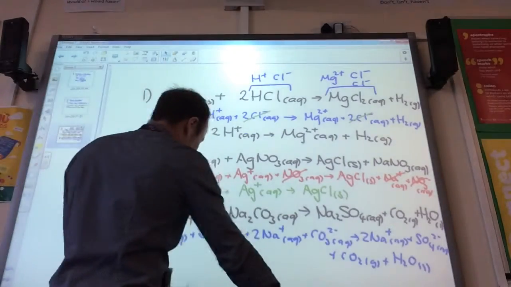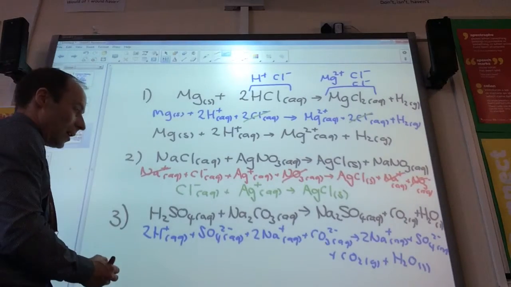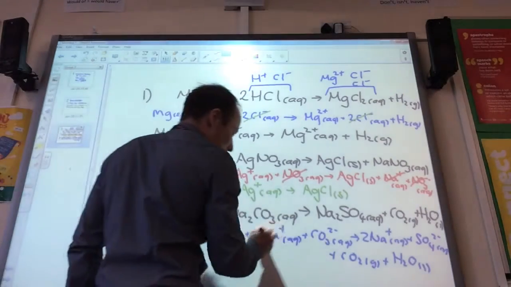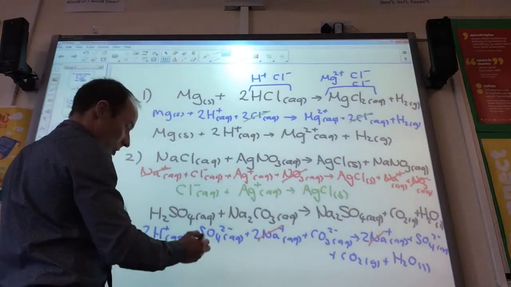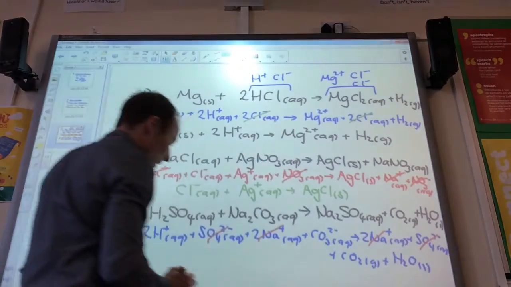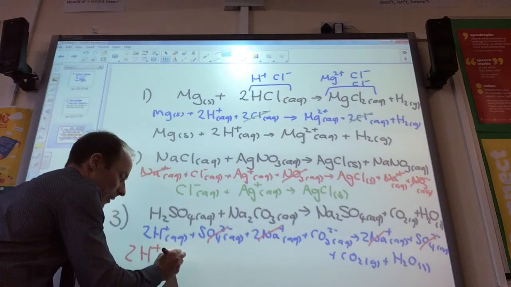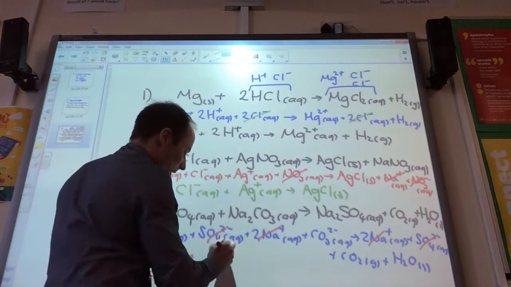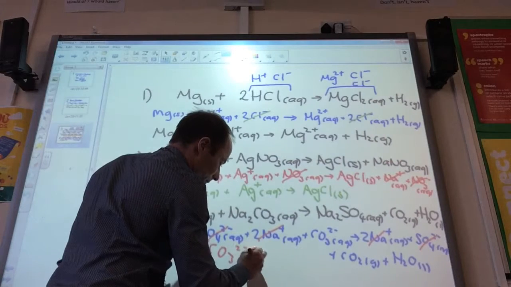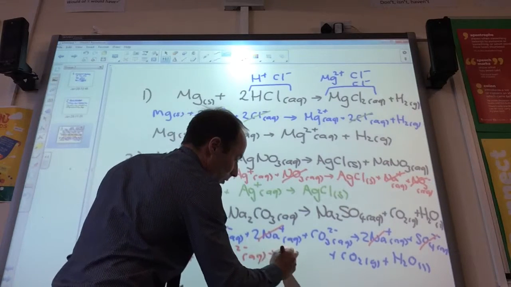If you do a little bit of cancelling, sodium doesn't do anything. Sulfate doesn't do anything. So you're left with 2H+ (aq) plus my carbonate ion goes to H2O